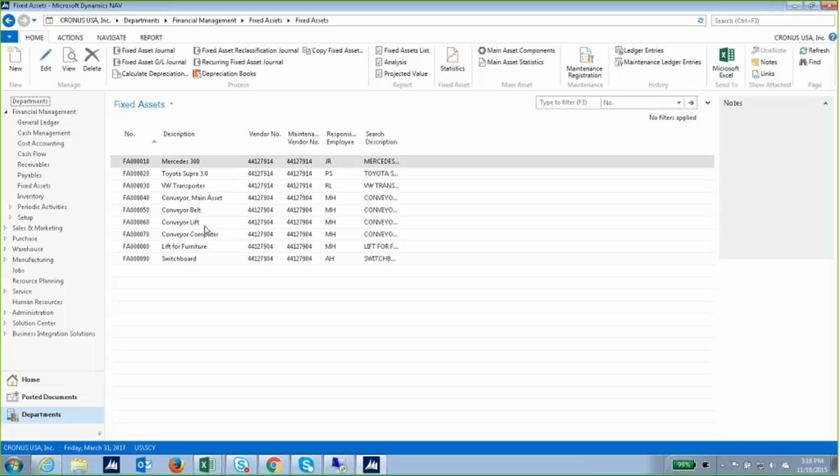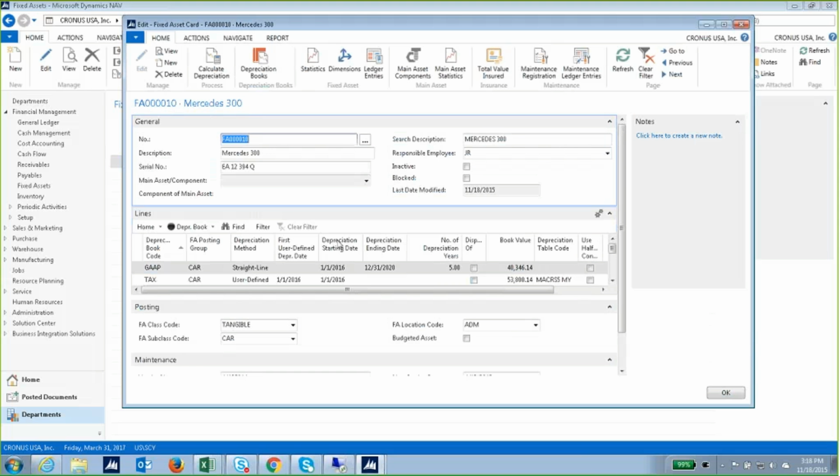But to be more precise to the question, could I go into any asset where I'm accumulating all my acquisition costs, and at some point I'm going to start depreciation? Can I go back and add some freight costs maybe 2 months later into that asset? And the answer is always yes. I can go back in, add an additional acquisition cost along the way, and then it would start depreciating that additional cost from that point in time. So, for instance, if I have this car, and make believe my freight cost was $1,000 to get my car here, I can add the $1,000